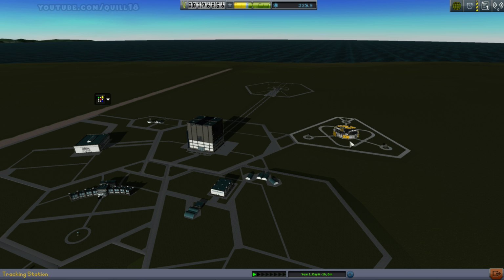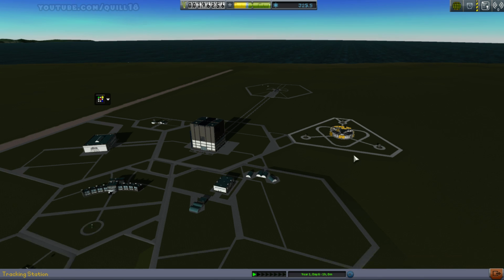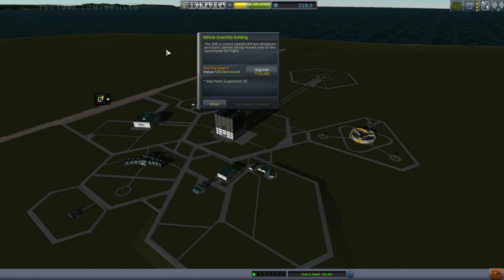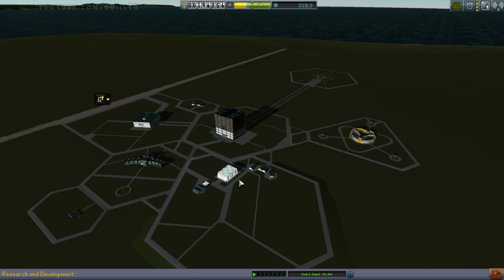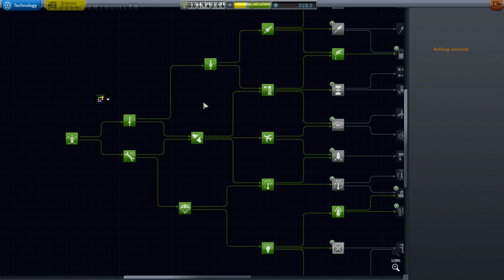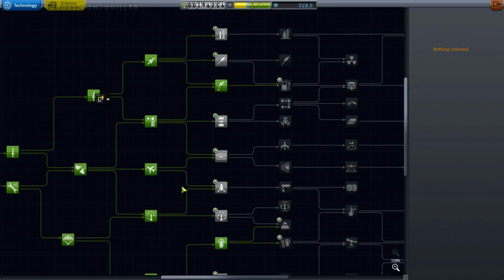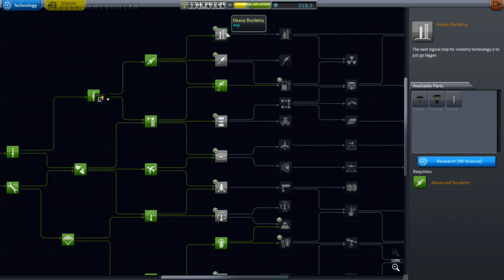But with this science, we can unlock some of the bigger fuel tanks and engines, which means we should be able to get away without upgrading the vehicle assembly building, which is good because we don't have enough money to do that. Once we finish our moon contract, I think we'll get about $100,000, so we might be able to do it at that point. Okay, so for the science we're going to unlock heavy rocketry,